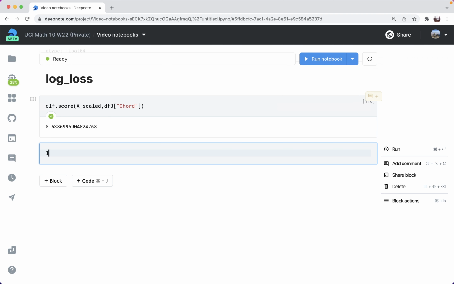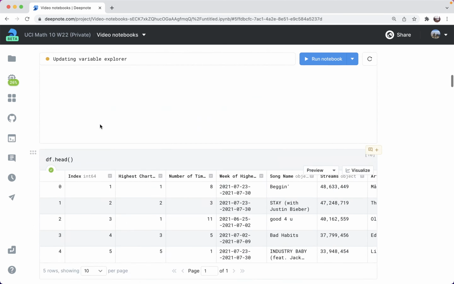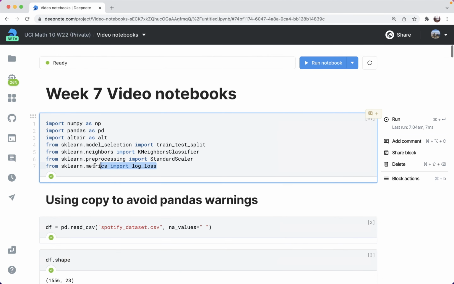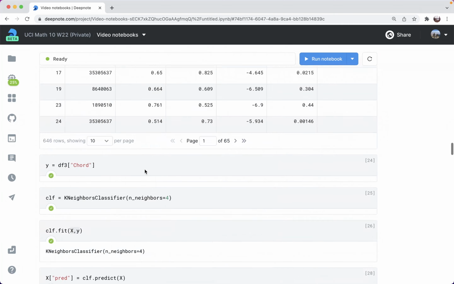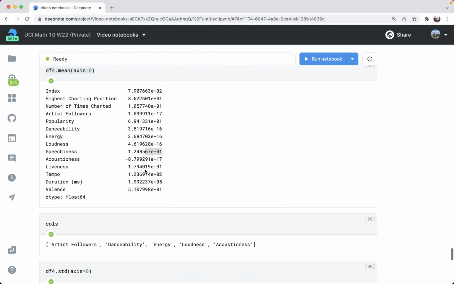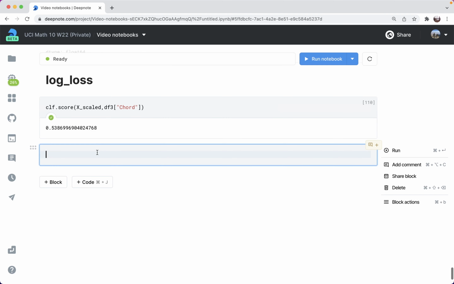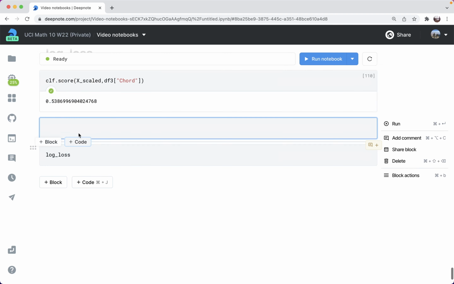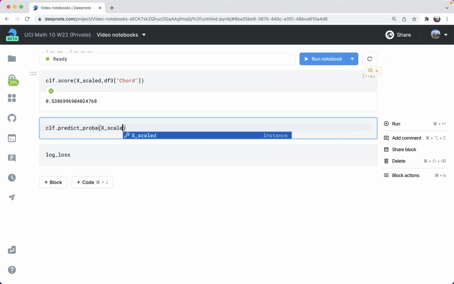So let me show you an example of how this works. I'd forgotten to import it originally, but now I've imported it. So from scikit-learn metrics, import log loss. And just to keep the video a little shorter, I don't think I'll go into the mathematics of it. I just want to show you how it works. So if I do clf.predict_proba of x scaled,